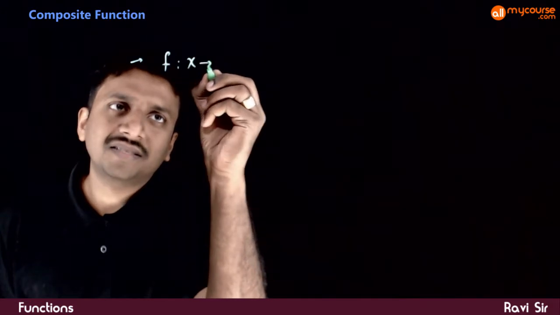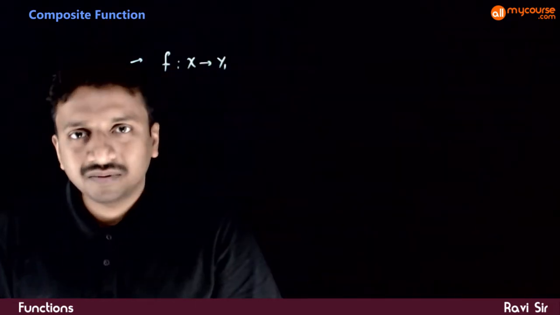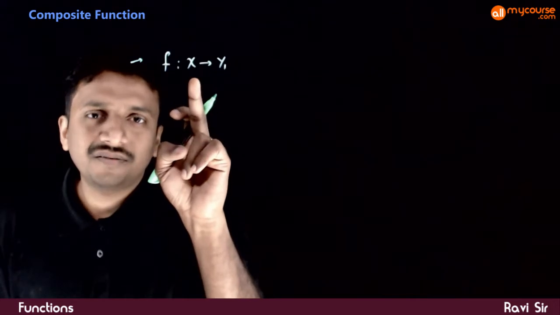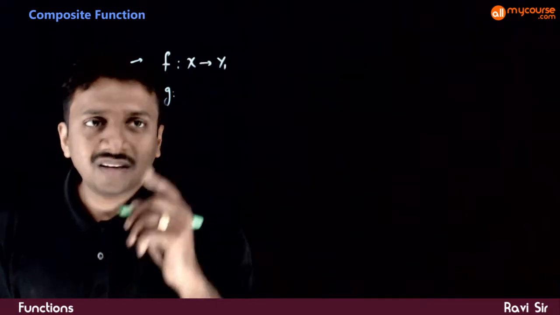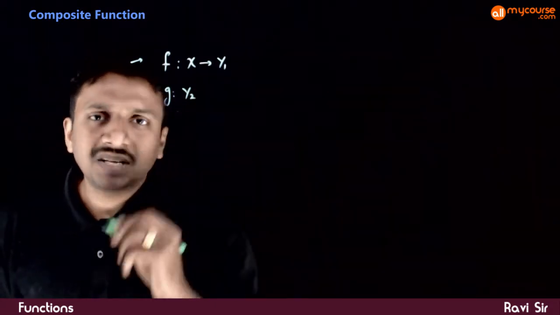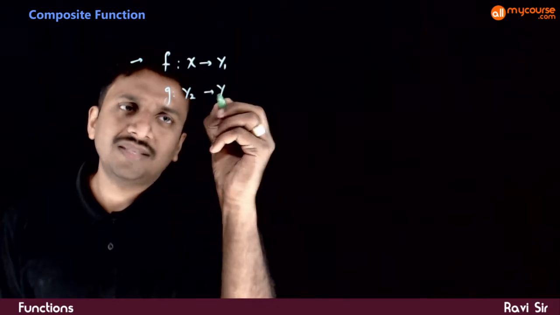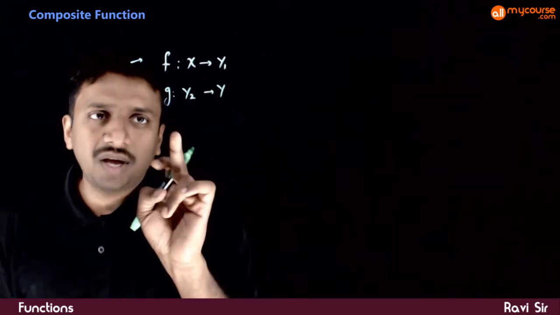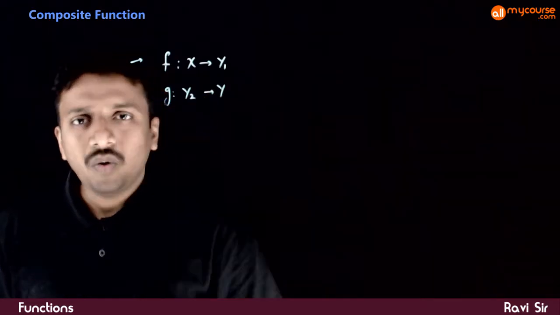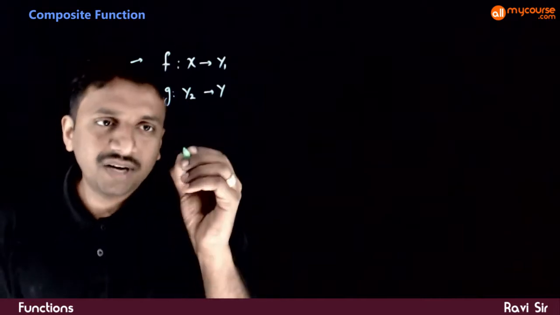In this video, let us look at what a composite function is. So let us take a function f defined from a set x to a set y1. So let f be a function defined from x to y1, and g is a function defined from some y2 to a set y. My function f is defined from x to y1, my function g is defined from y2 to y. For example,